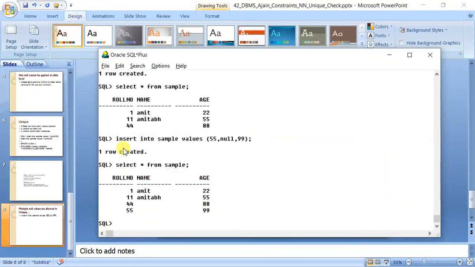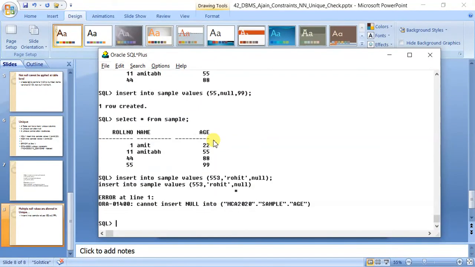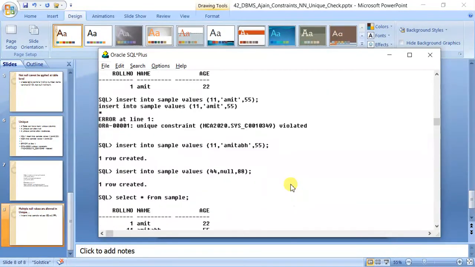And if we try to insert now again 553 comma null, maybe some name Rohit, and we try to insert null, this will give an error, because in roll number we have applied not null, so this null will not be allowed. Okay. So I think this is clear to you.